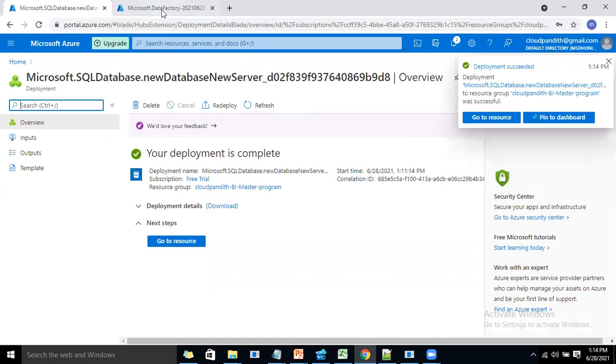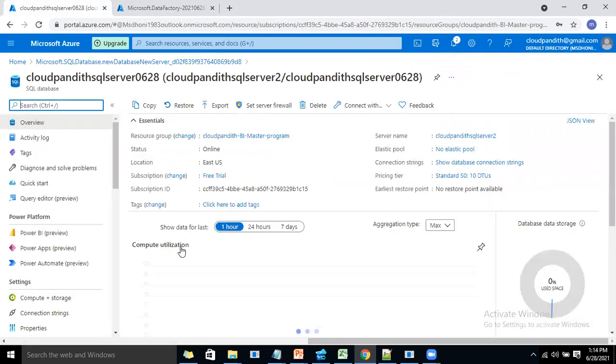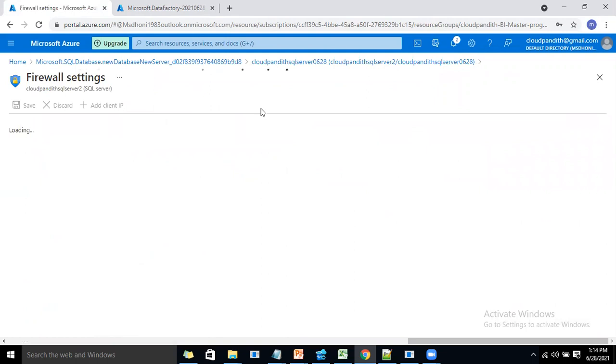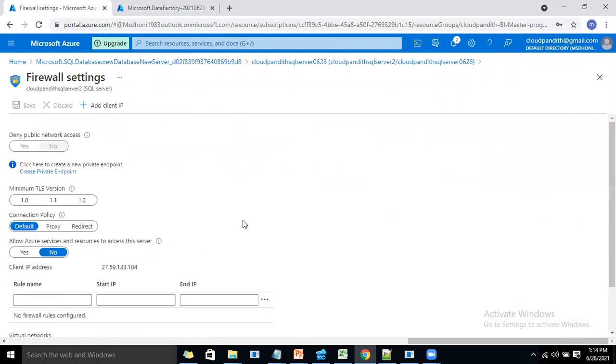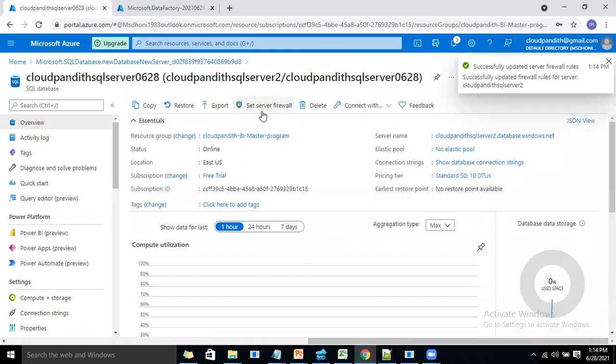Yeah, our SQL database is available. Data Factory is also available. Let's go to the database. First thing is we need to set the server firewall. Whenever you change your network, if you are using your office laptop, remember you will have challenges. You will not be able to connect to the SQL database due to corporate firewalls. Try to learn these things through your personal laptop. But if you're working for a particular project or a freelancing project, they will give you the required access, so there won't be any issues for you.